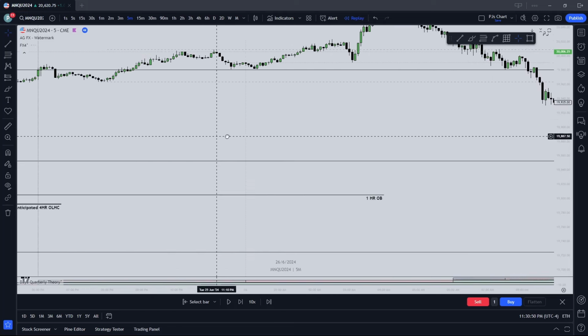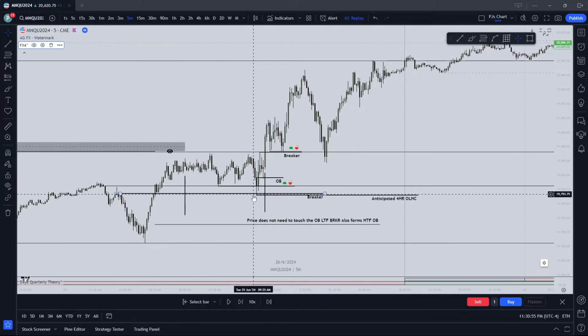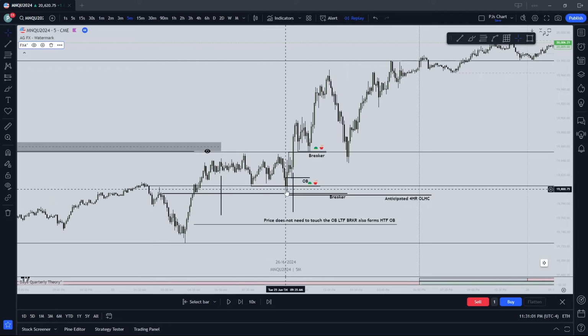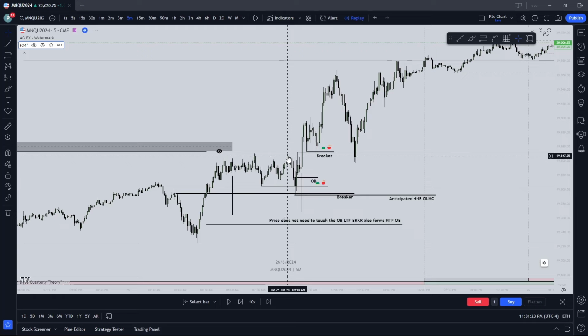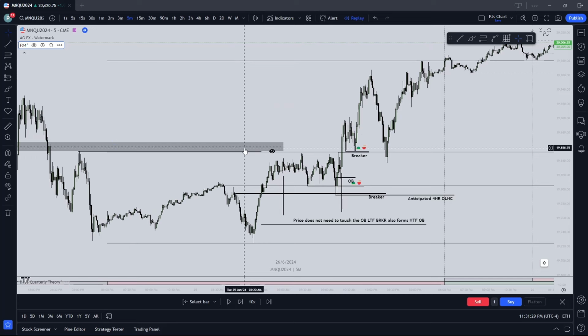As we zoom in a little bit more here to the 5-minute, we notice a very obvious accumulation, manipulation, and then distribution, as well as on the 4-hour, right? We anticipated this to be an open, low, high, and then close, closing green on the 4-hour. You can see this as an obvious accumulation, manipulation, and distribution, with obvious low time frame accumulation, manipulation, distribution, creating and leaving equal highs for more liquidity,